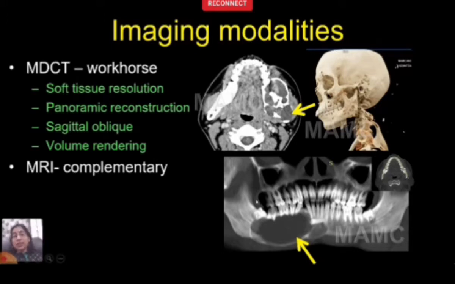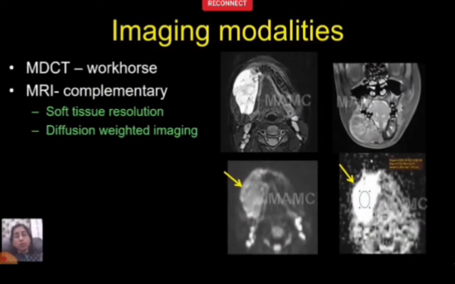And the first thing that I want to look at once a jaw CT is completed is look at this panoramic reconstruction. There are specialized softwares which do it, which along the arch of the mandible, this reconstruction is done. And this gives me an OPG-like picture, giving me an overview of the entire lesion, its relationship to teeth, and the relationship to the inferior canal. We can obtain these beautiful volume rendered images and oblique reconstructions as well.